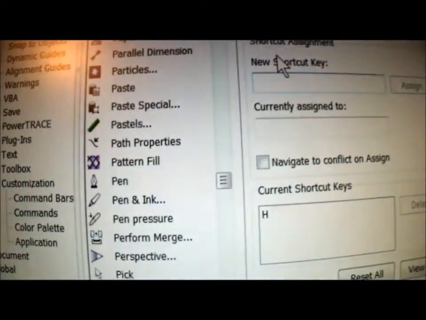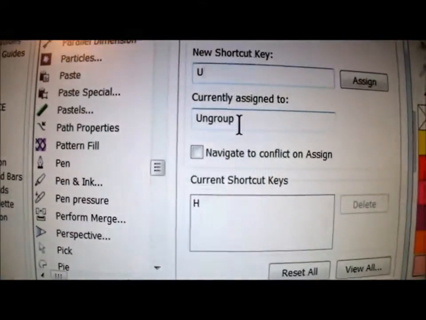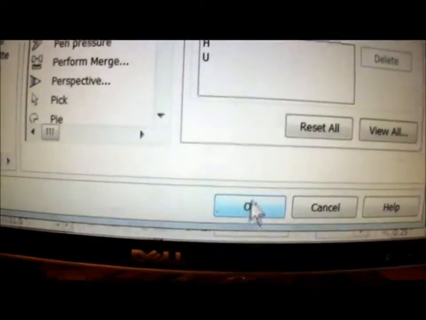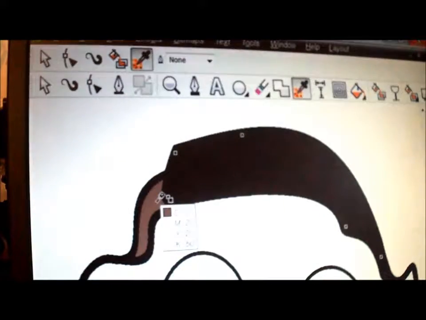I'll just press U. So it's currently assigned to ungroup. So I'm going to select assign and assign it. Then I press OK. For another example of a keystroke that I use, I press W for fill,